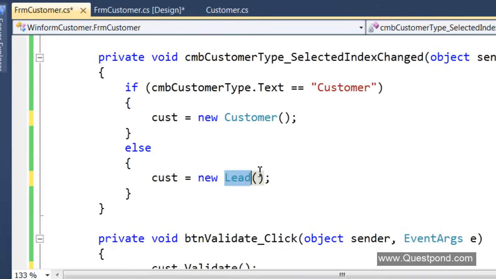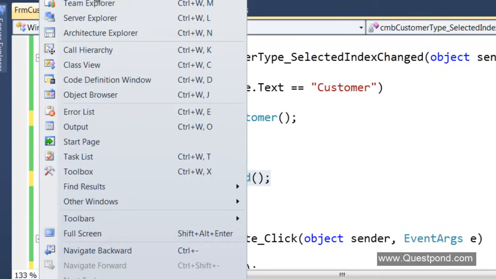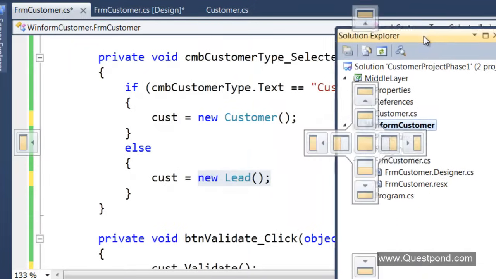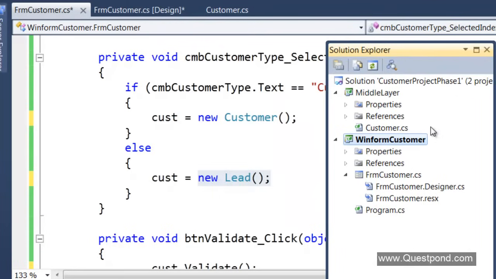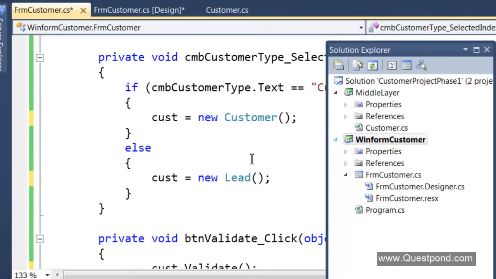And in order to get rid of these classes, I need to somehow ensure that the creation of these objects goes into some central class. So in other words, I need to give this object creation to some other library, right? So what I'm going to do is go and add a new class library here which will take away this object creation process from here into that class library. Now I would like to name this class library as factory. Why factory? Because it creates things, right?